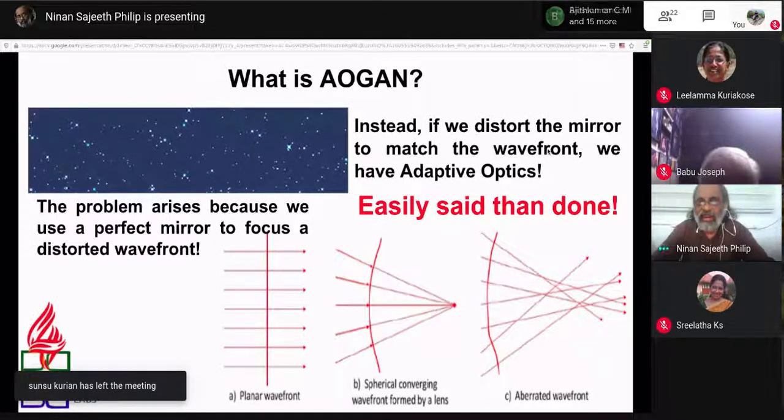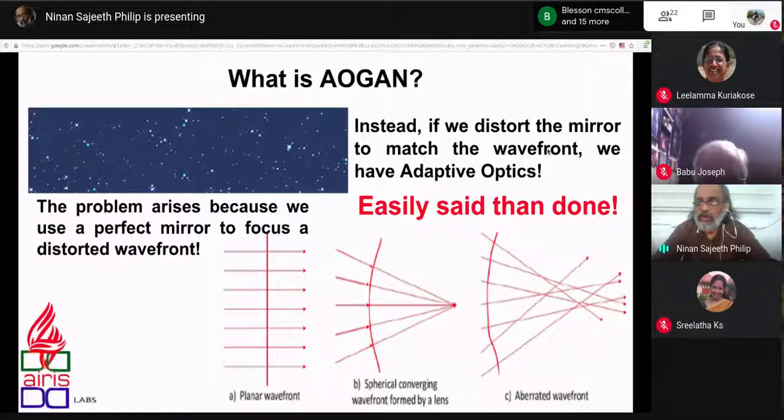Because it has to be done at a high speed, and the process that is going on in the atmosphere is a random process, not completely random. As I said, it has a stability for 10 milliseconds, and depending upon the wind, there is a shifting, which also can be, to some extent, learned and understood. But it varies. So we have to create the mirrors deformed in every 10 milliseconds so that we may get the correct image, if at all we are able to do that. So that is a nearly impossible goal, which is the reason why adaptive optics is also in its developing stage these days.